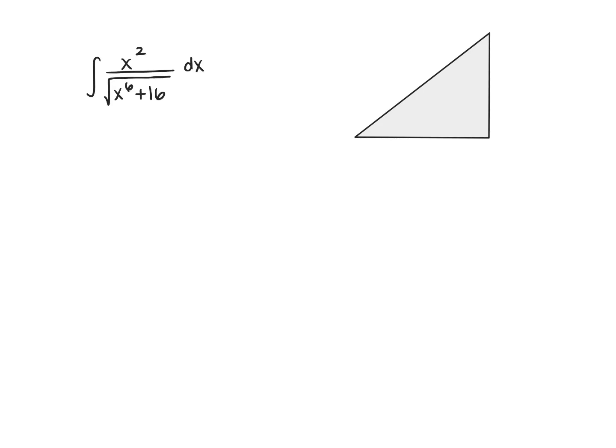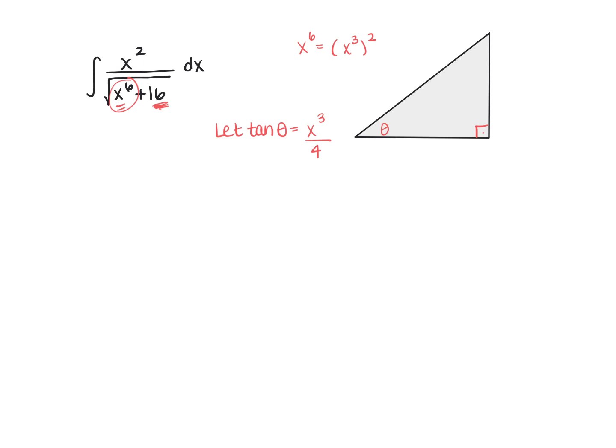Okay, let's take a look at this problem and see if we can get it to work using our trig substitution. So I'm going to go ahead and label my angle theta here. And since we apparently have a sum of squares, I'm going to go ahead and use tangent. So let's say let tangent of theta be what I'm squaring variable-wise. Well, if I think about x to the sixth being some quantity squared, that would be x cubed. So I'll say that's my numerator over what you're squaring with your constant, and that would be a 4.